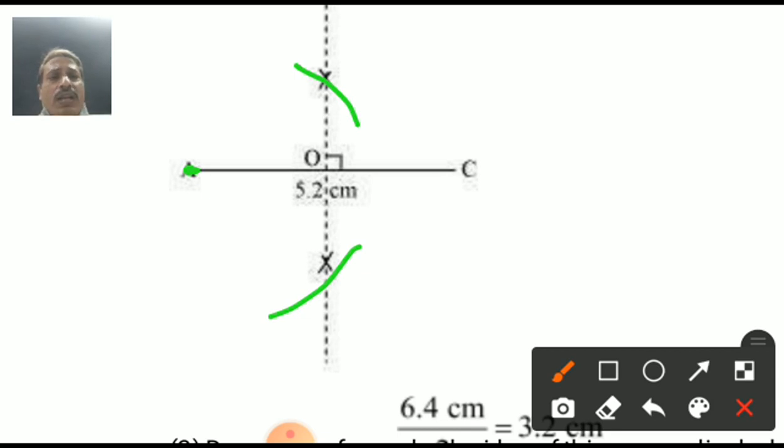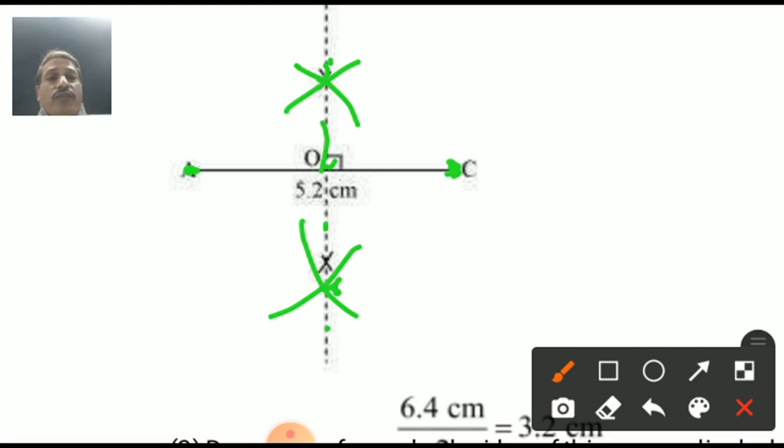Arc. Same way now, same measurement, same radius. From point C, draw an arc here and an arc here. 2 points are there. 1 point is here, 1 point here. Join these both with dotted lines. You will get 1 point O. Why do I get the O point? Because I want to draw another measure.